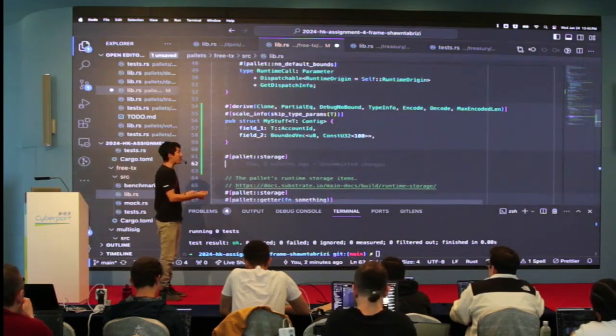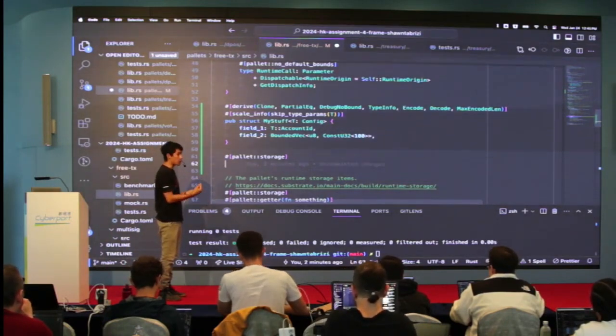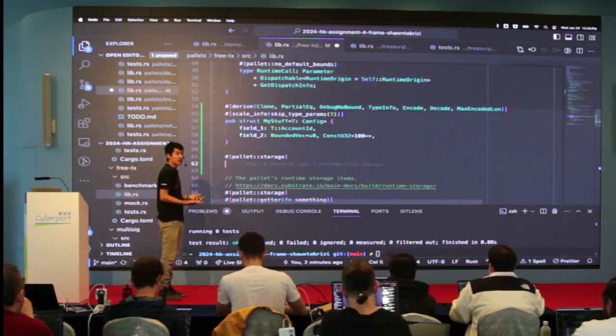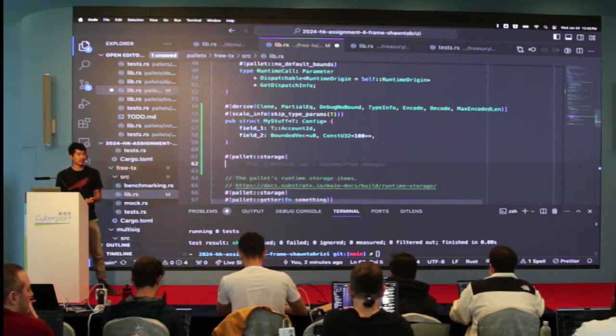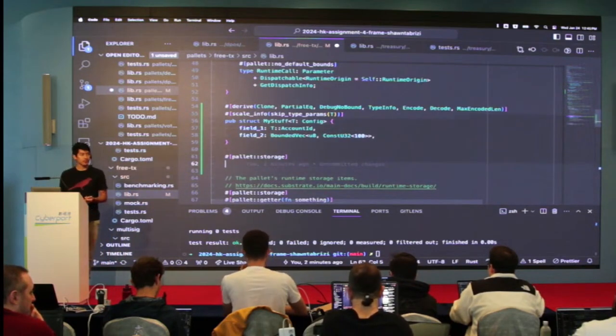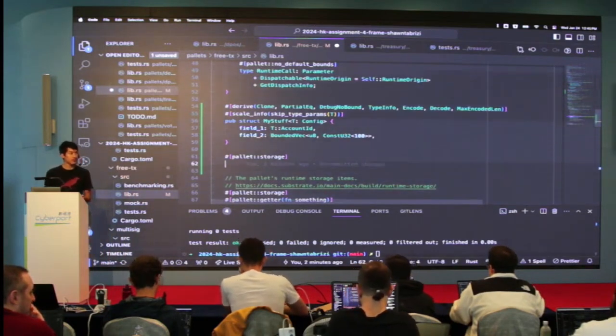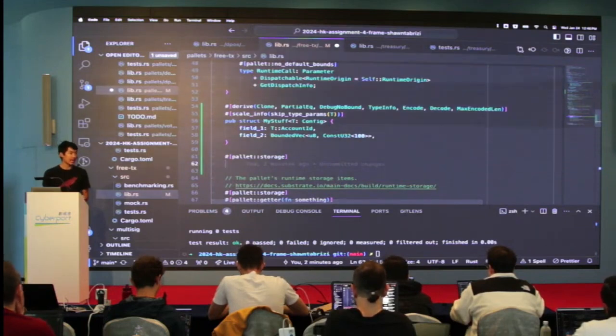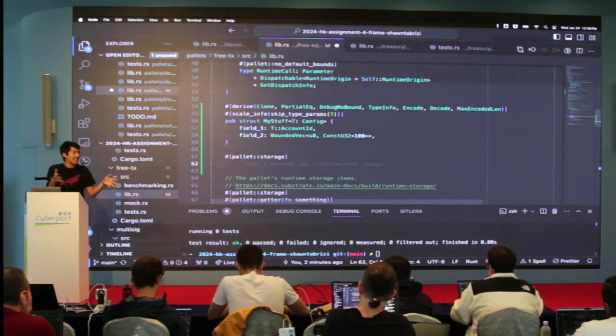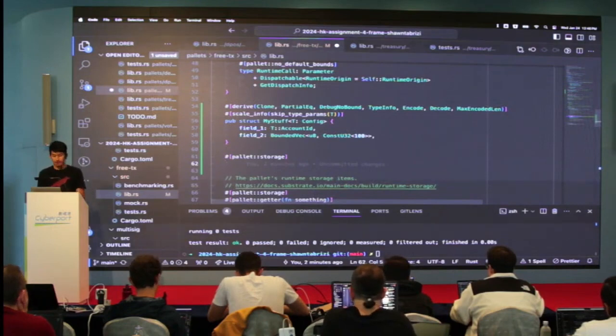If I have a bounded vec of 100 that's empty, it's no bytes. So a bounded vec can have a size from 0 to n, and a fixed array is always size n, even if it's empty, it's going to contain that many bytes. Yes. That makes sense.